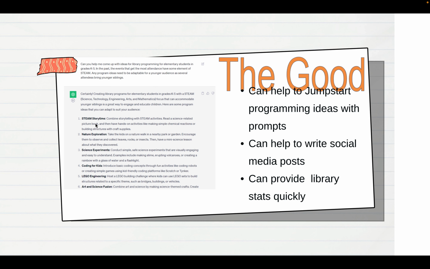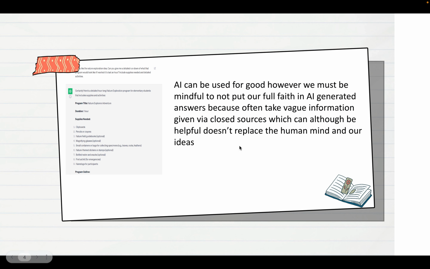And on the side you can see there's storytime ideas, there's an explanation, and she simply just gave the prompt at the top. There are other positives for that as well, when it comes to library stats,